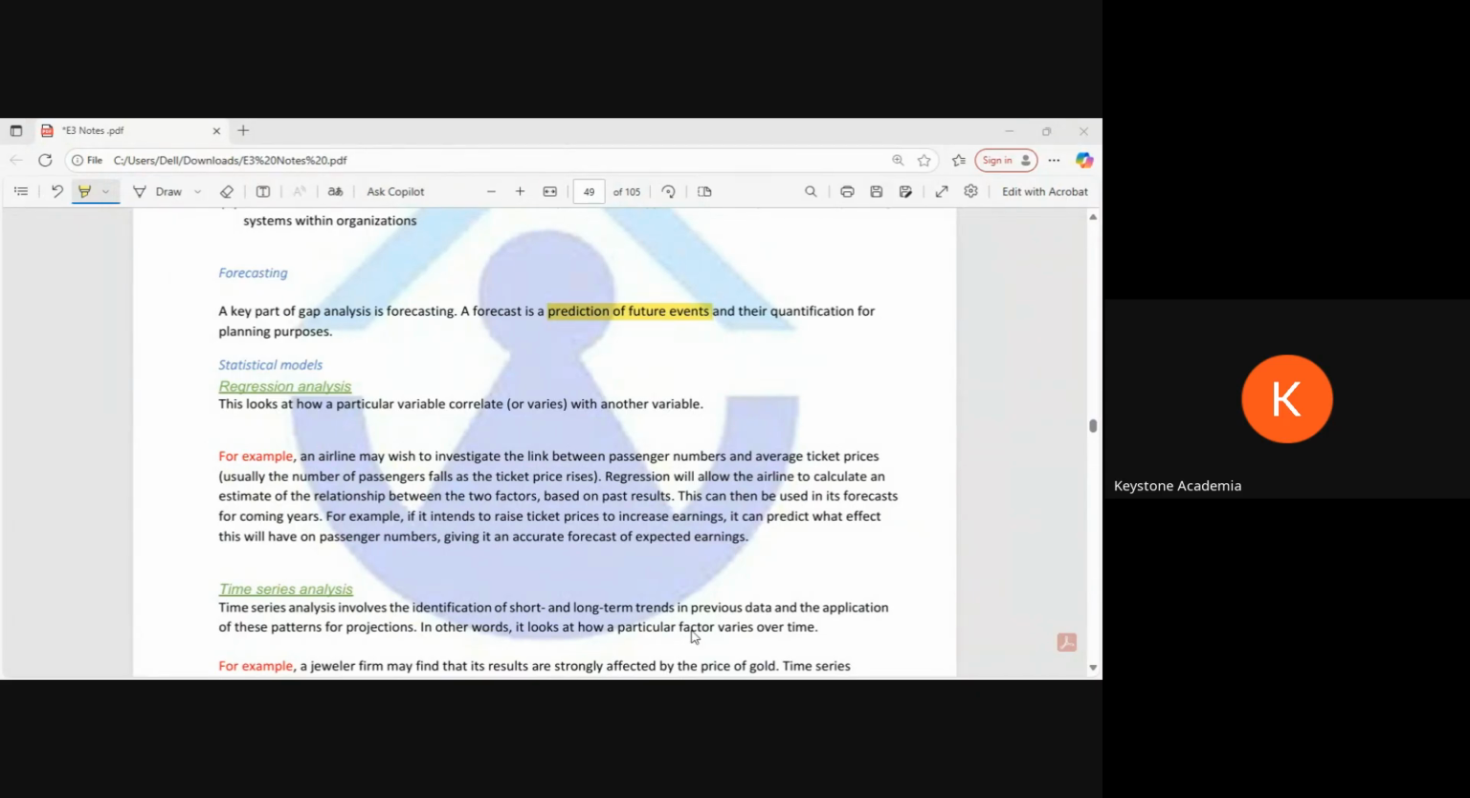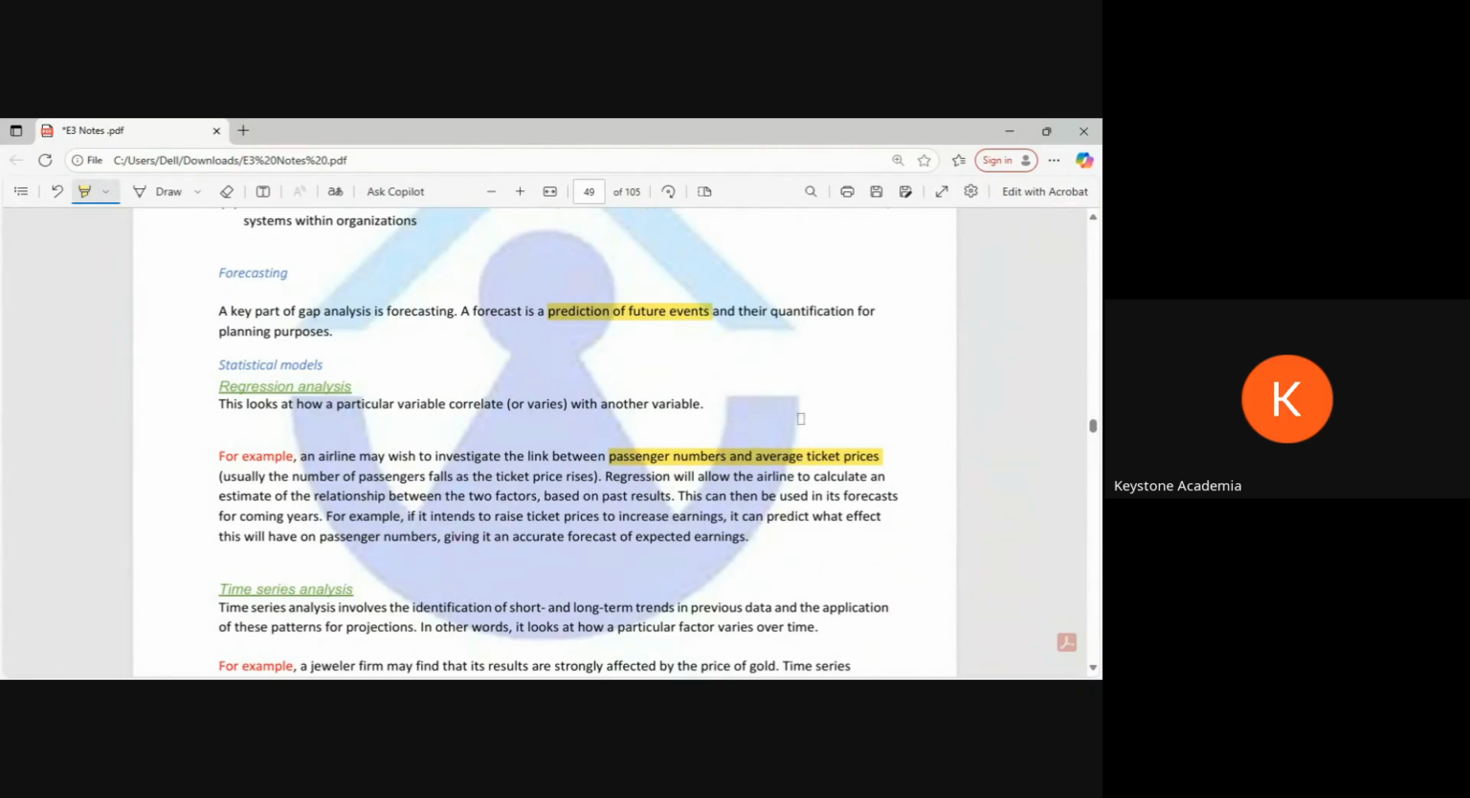Therefore, we'll see more sales in developed countries compared to underdeveloped countries, because the per capita GDP or the earnings are different. Another example they have given: an airline may wish to investigate the link between passenger numbers and average ticket price. Because many times it might be an assumption that, okay, if the ticket price goes down, the number of passengers will go up,